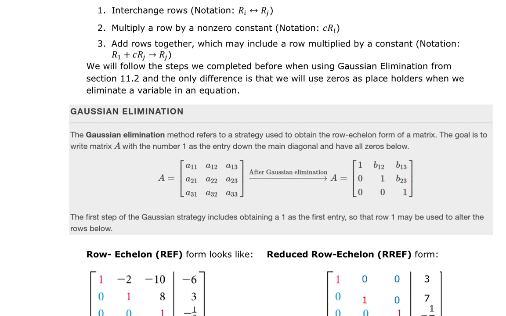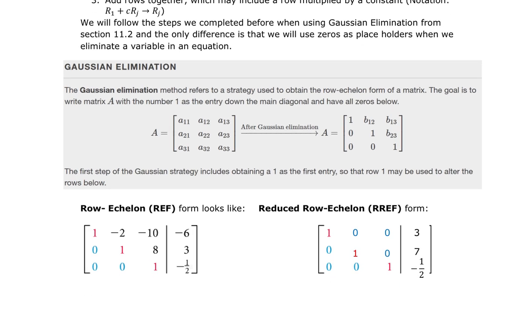So, when we are doing matrix operations and we're taking a system of equations and turning it into a matrix, our goal is to try to get to a Gaussian elimination. Now, a true Gaussian elimination will have ones in the diagonal and zeros below the diagonal and whatever numbers are up here. And the reason we do that is because